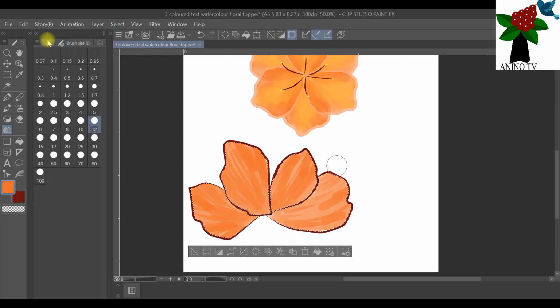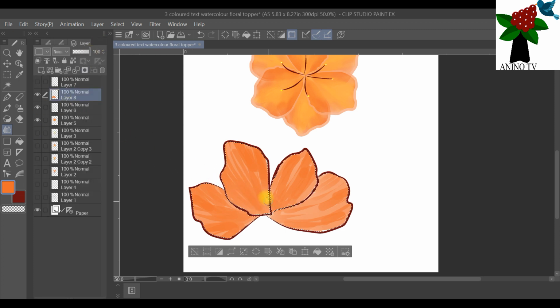Then using the blend tool, just going to take a large size 5 and I'll try and blend it a bit. Wrong brush. So